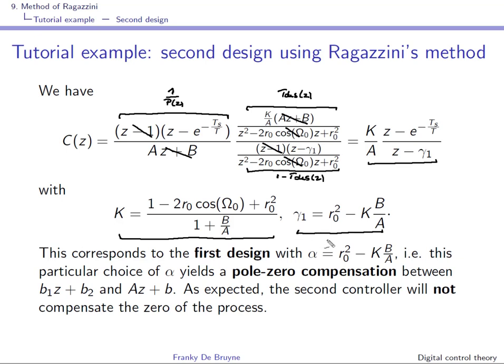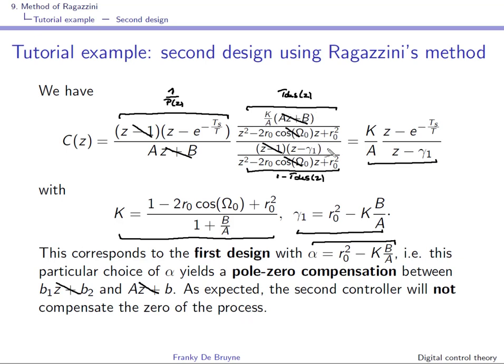given by this expression. If you go and look at the first design, you will see that this is a design that corresponds to a particular value of alpha. Remember that alpha was a degree of freedom. Well, if you choose it this way, you will see that in the previous design, this one will cancel out with this one, and you obtain this expression of the controller. And this second controller will not compensate the zeros of the process, of course, because you have left them in